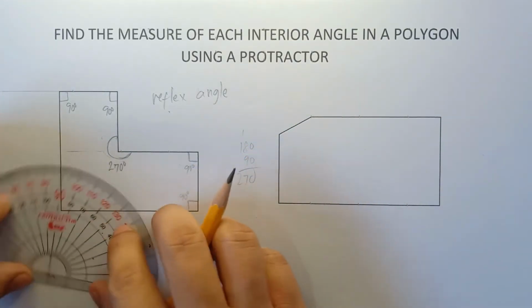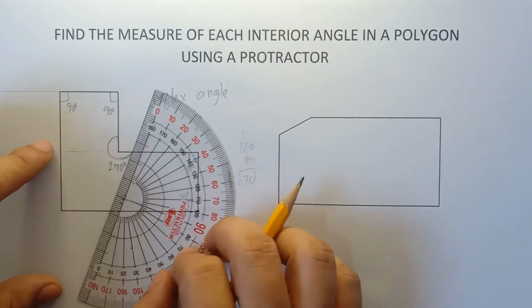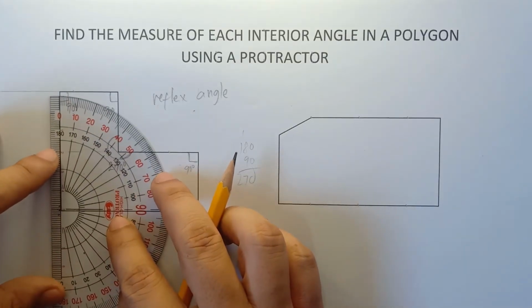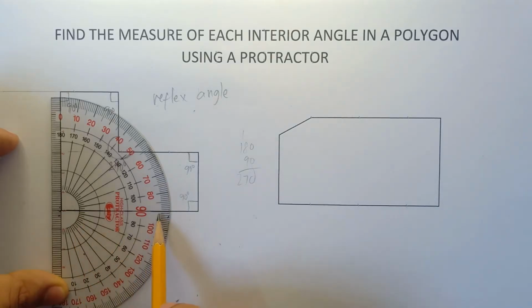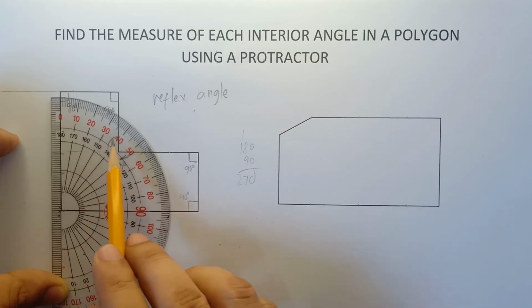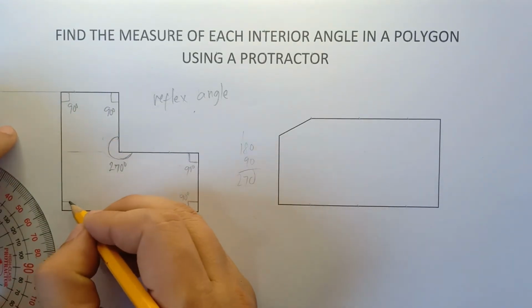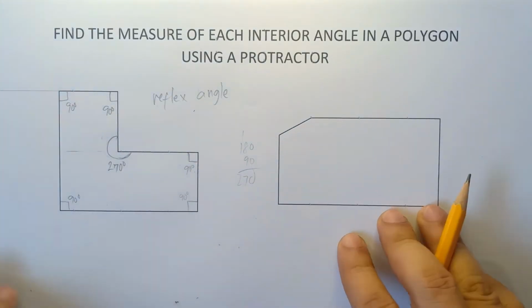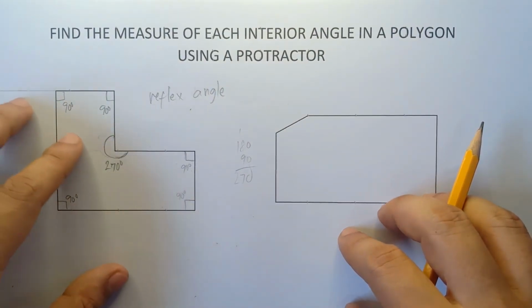And then the last one, class, this one right here, this angle. We can align 0 in this particular line, and then this will be the center part of our protractor. Let's check if this is 90 again. Yep, another 90 degrees, class. So we have aligned 0, and this will be the center part of your protractor. So 10, 20, 30, 40, 50, 60, 70, 80, 90 degrees. So therefore, we have how many 90 degrees, class? 1, 2, 3, 4, 5. 5 90-degree angles.